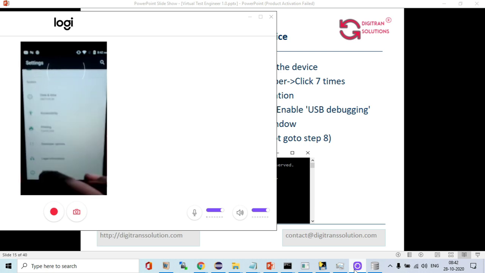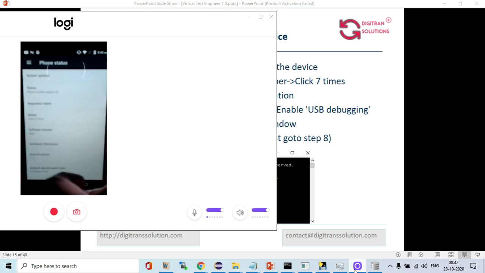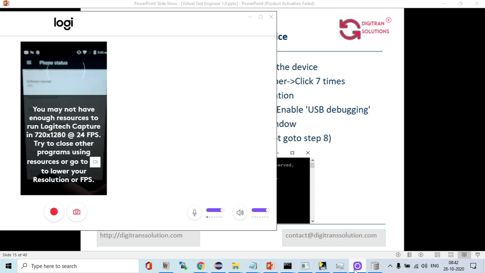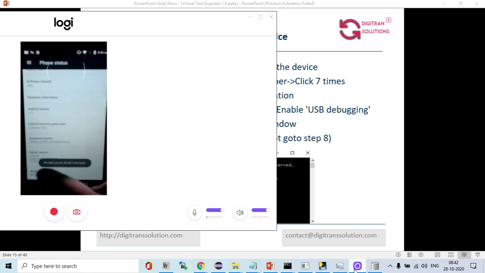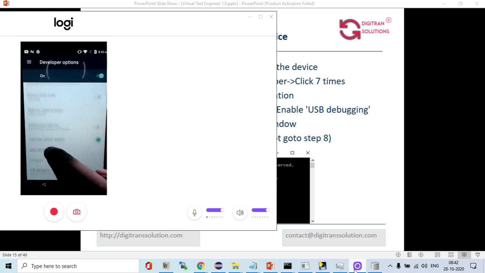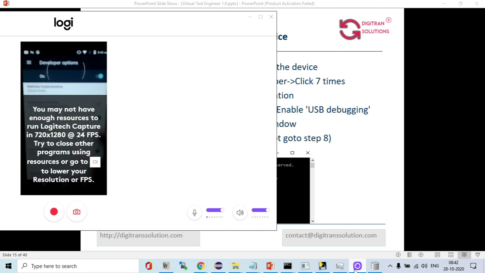In the about phone settings, you can see the build number. You have to click the build number 7 times. You will get a prompt saying you are a developer, then you go back. Now you will get the developer options menu. Open the developer options menu, then you have to enable USB debugging. So this is the basic setup required.